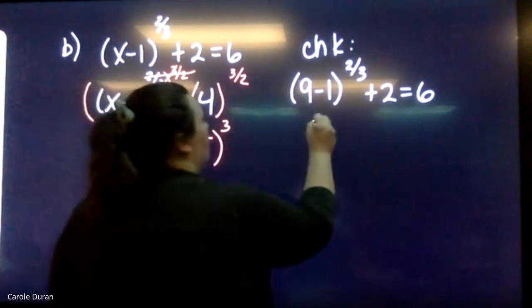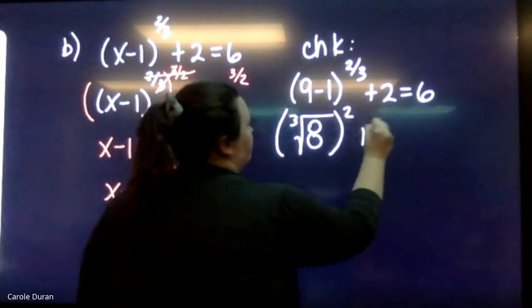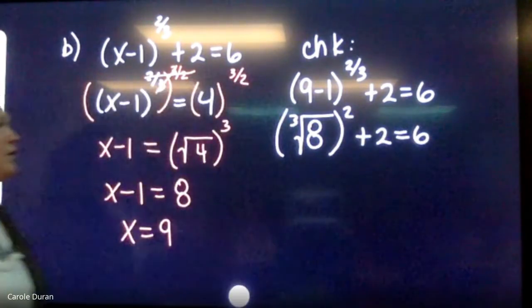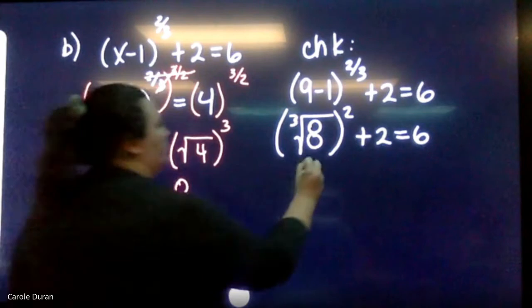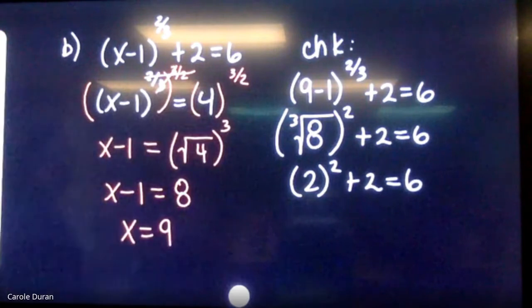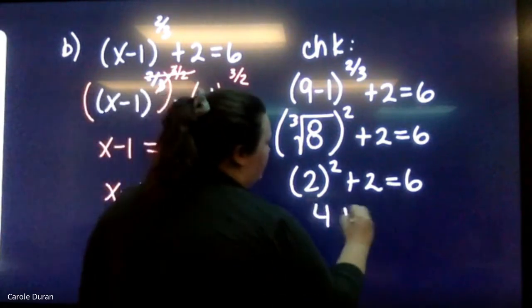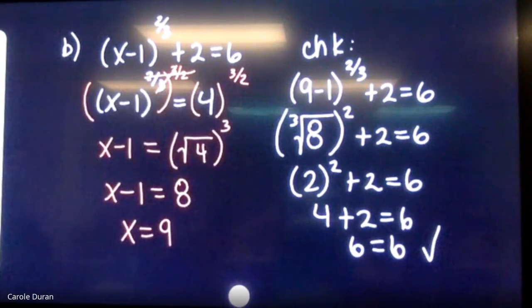Good. So this means that I'm taking the cube root of 8 and then squaring my answer. I know the cube root of positive 8 is what? Positive 2. So then I have positive 2 squared plus 2 equals 6. What's 2 squared? 4. So now I have 4 plus 2 equals 6, and I know 4 plus 2 is 6. So I end up with 6 equals 6, which is in fact true, which means x equals 9 is an actual solution. As always, I typically prefer your solutions to be written in curly brackets,